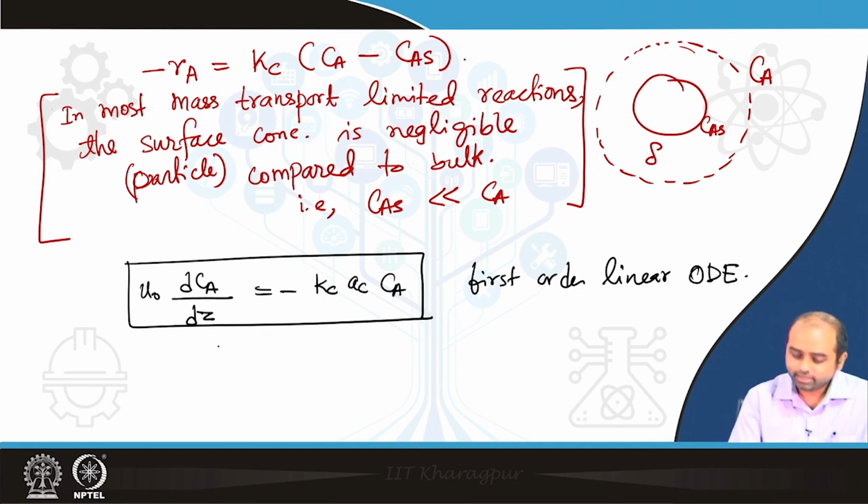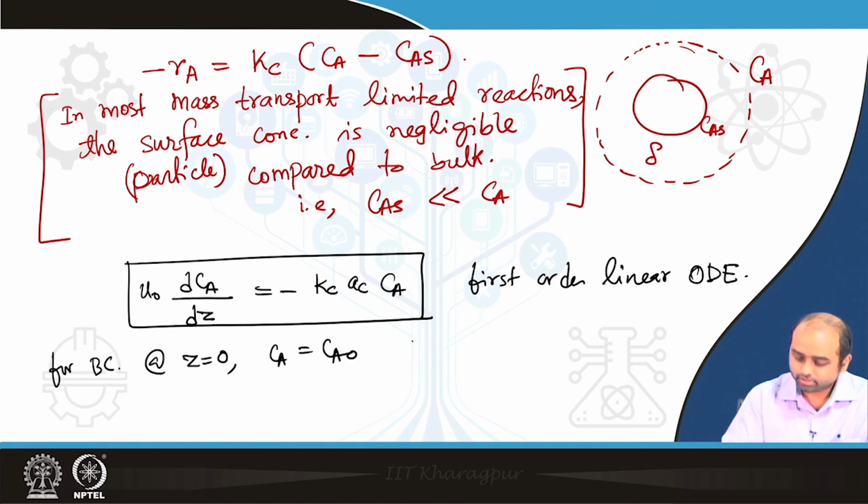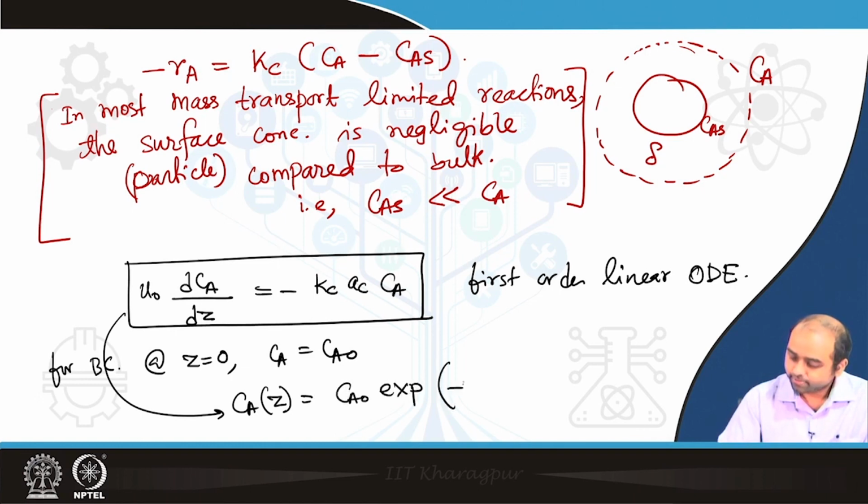right, and on integrating, for the boundary condition that at Z is equal to 0 you have C A is equal to C A 0, which is the inlet concentration, you have the concentration profile, I mean the solution to this equation, C A as a function of Z is equal to C A naught exponential